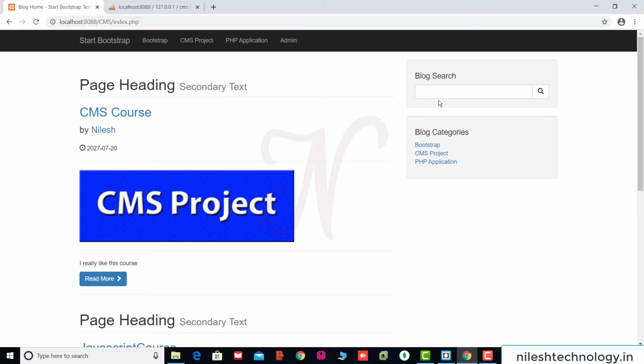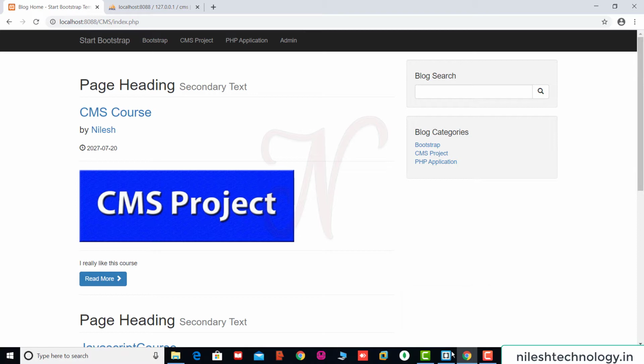So we are going to process the form, check the database for the users or the passwords, and then depending on that we are going to redirect the users to the admin or redirect them back to the index page, depending on your username and password. So we are creating the login form in the sidebar on the right side of the dashboard.